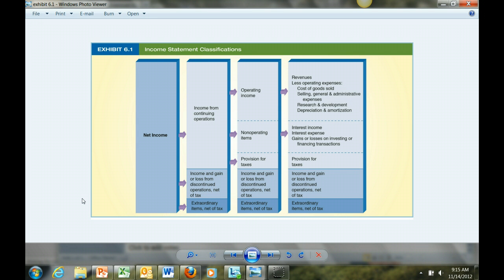This rather complicated looking chart just illustrates how bottom line net income is derived. We see net income on the far left. If we take a look at the far right column, we see all the various accounts that make up a typical income statement moving from top to bottom. Focus on the top right hand box where we see revenues and expenses that are related to operations. Remember, operations refers to the dollar values directly associated with the sale of products and services and the expenses associated